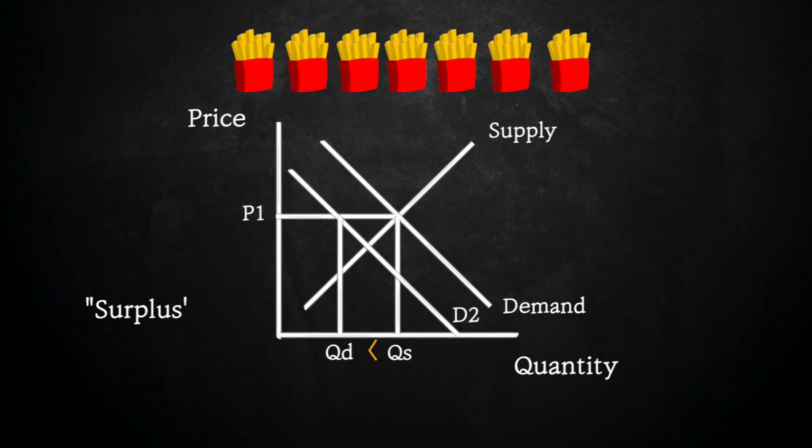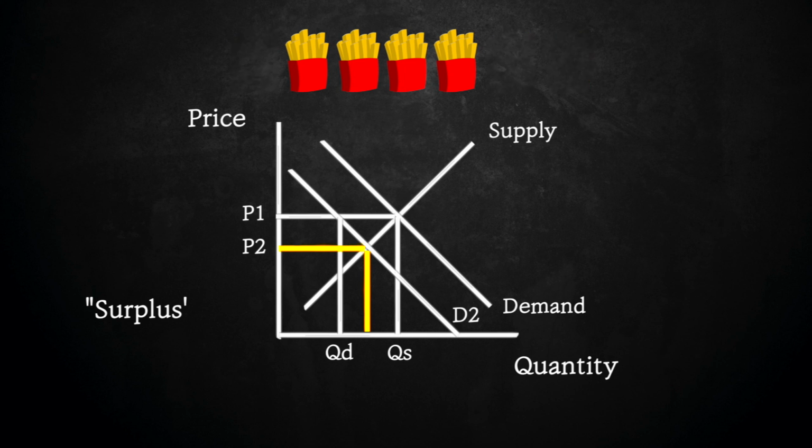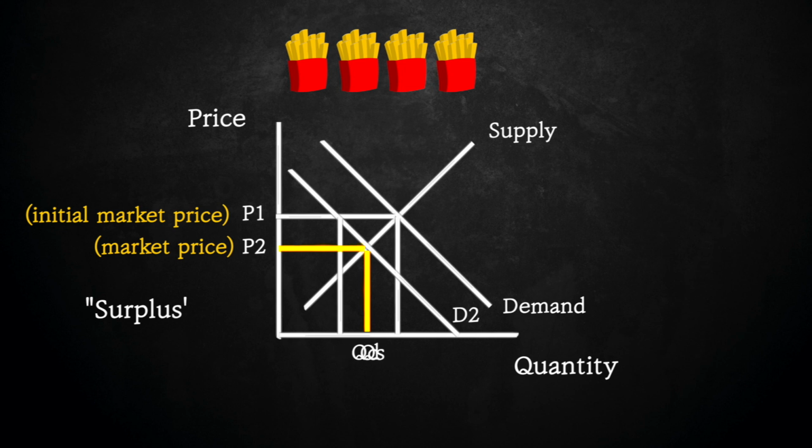Now factories have an overload of chips. They're really at a situation where they have to sell these overloaded chips at even a lower price. So what do? They decrease the price. They'd have to sell at a lower price in order to get rid of all these leftover stocks of chips. So P1, which was the initial market price that caused the surplus, decreases to P2, where consumers and producers meet again at a price and quantity.